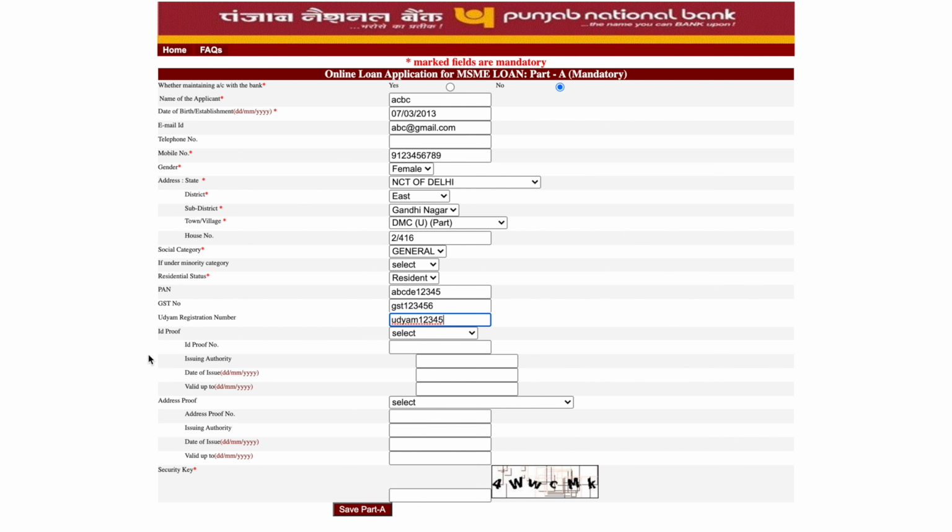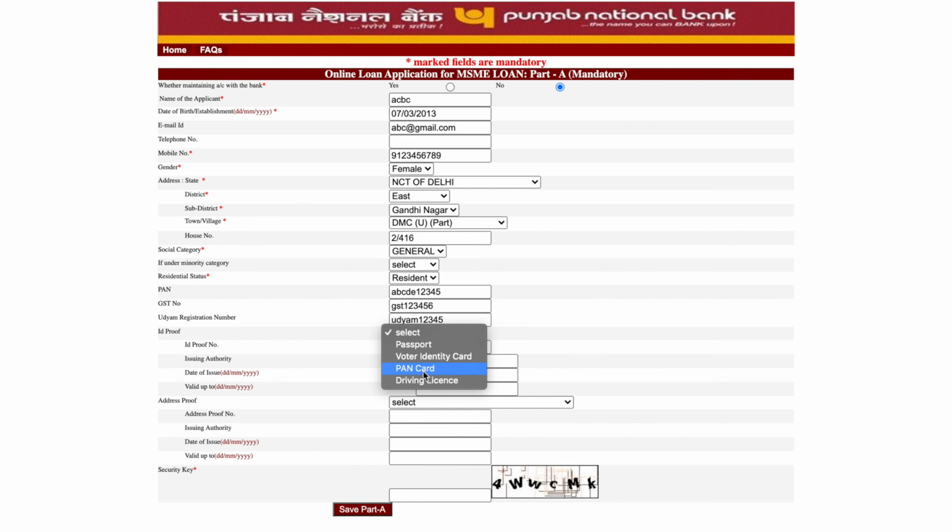If you wish to avail MSME benefits, you must register your organization under Udyam scheme. ID proof. Please choose from the 4 available options: passport, voter ID, PAN card, driving license.